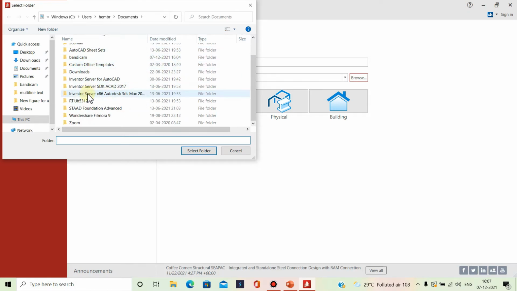You have to select any one from your location, and after that click on select folder. But I have already selected my file location, so I'm just clicking over the cancel option,